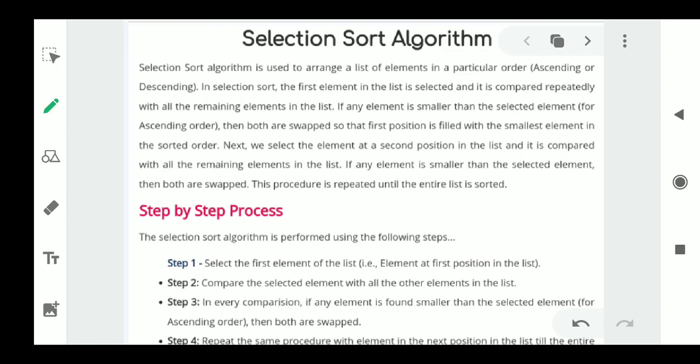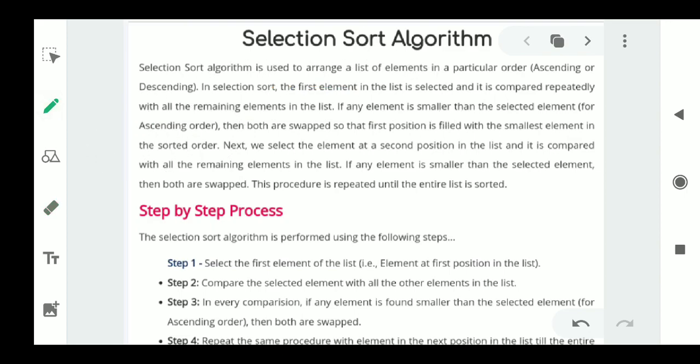In selection sort, first we take the list of elements given and identify the first element in the list. We take the first element and compare it repeatedly with all the remaining elements.